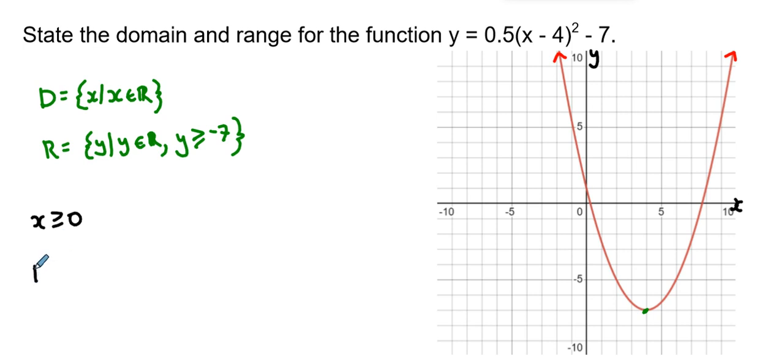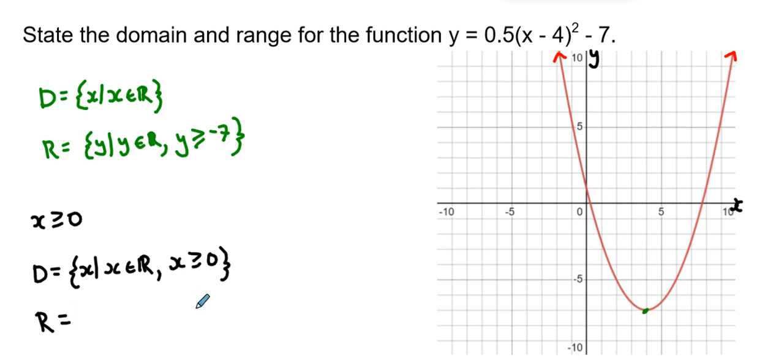Well, that would change our domain to the set of x values such that x is an element of the real numbers, and we'd have that restriction here where x has to be greater than or equal to 0. Again, very common in a lot of word problems where those negative values might not be as meaningful. The range then